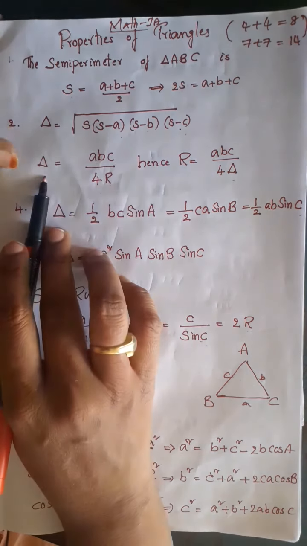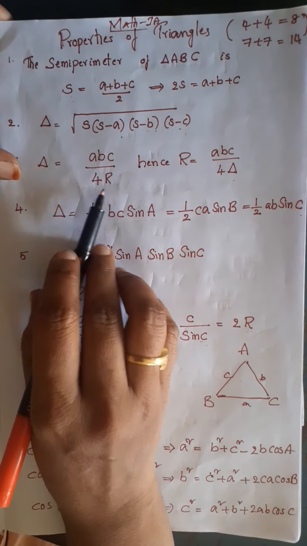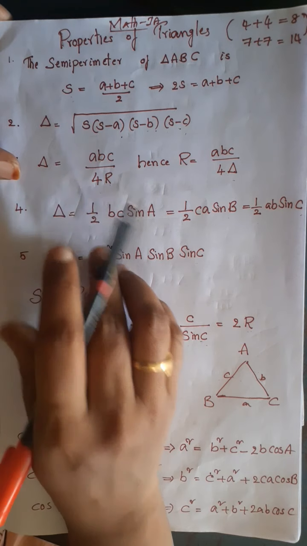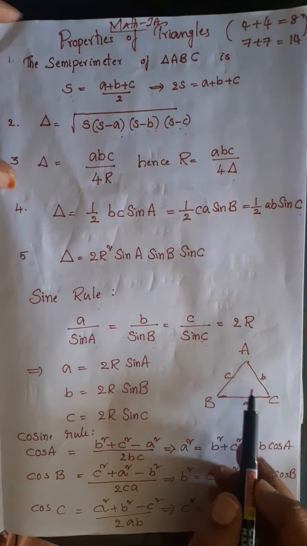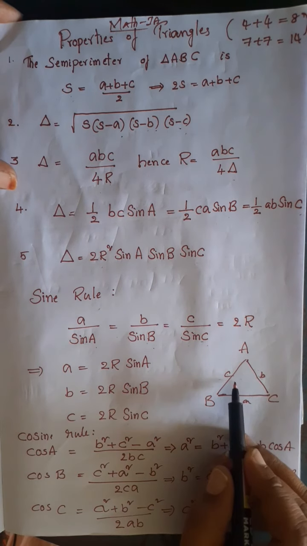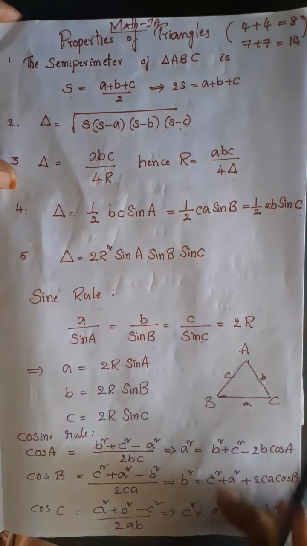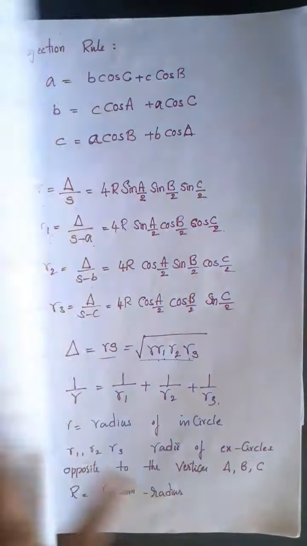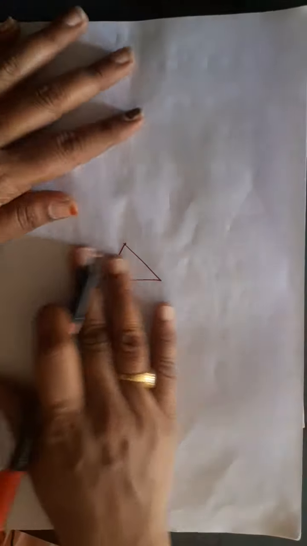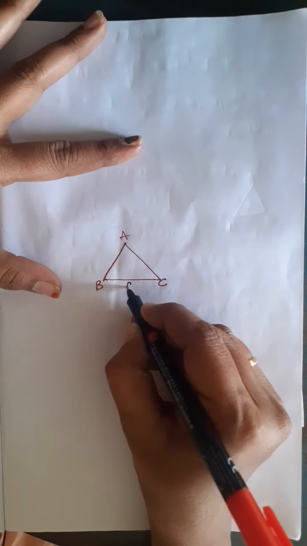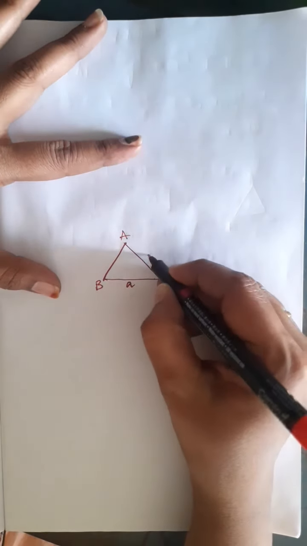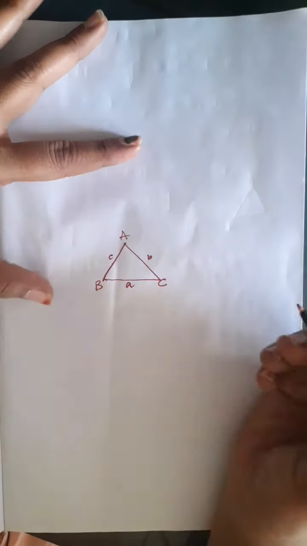Okay, and delta is equal to abc by 4R. This is another formula. So what is this capital R? Let us see. Already you are very clear with the small a, b, c, and delta is what? Area. S is the semi perimeter, that's clear. Now let us see what small r1, r2, r3 are. Suppose this is a triangle with vertices A, B, C, and the side small a is opposite A, b opposite B, and c opposite C.